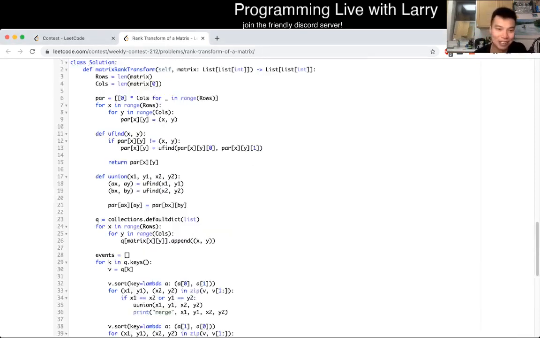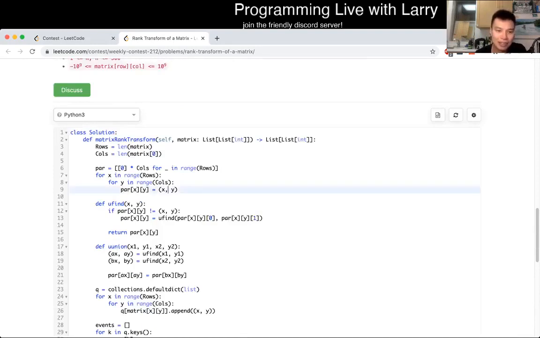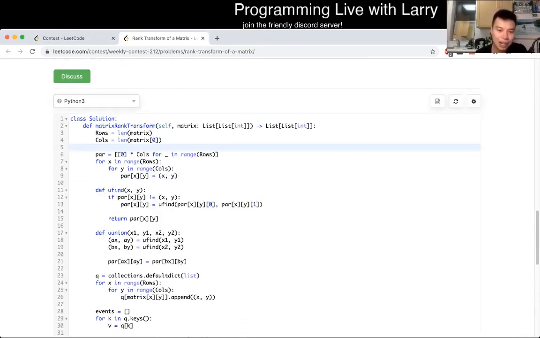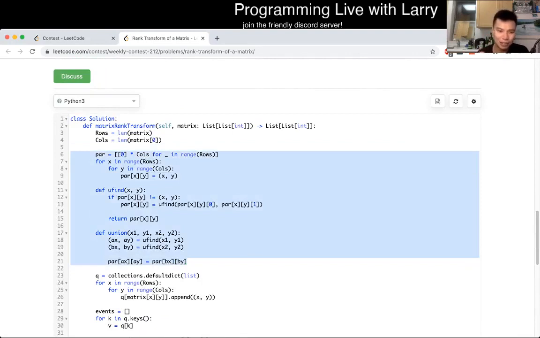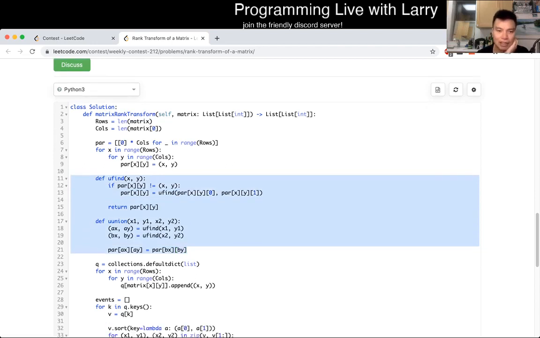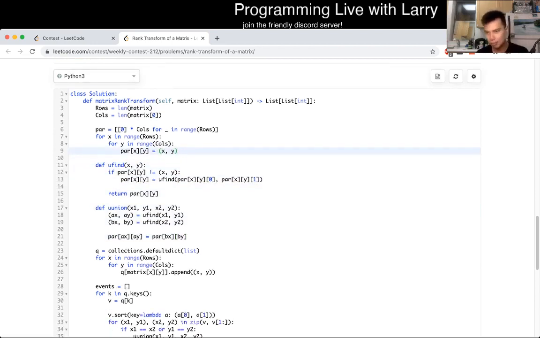And unfortunately for me, it took a little bit too long. But basically now this is union find, a 2-dimensional union find. I had some issues with this because I was a little bit rusty, since I'm so used to writing union find in a certain way that I just didn't take into account the 2-dimensional aspect. And again, union find is also a prerequisite for this problem. I might do a separate video on union find at some point, but for now, let's just say that